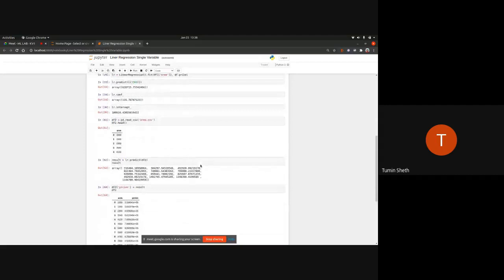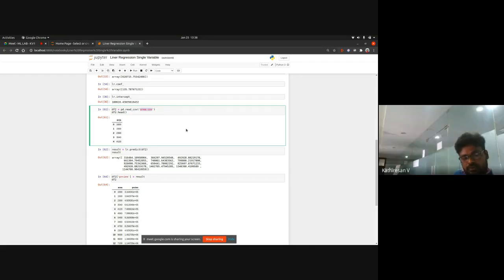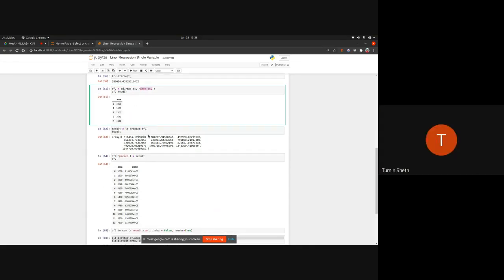Then you have the intercept right here. Then there is this area.csv file which has the list of areas I want to predict the price of. I'm giving that to predict, and then you have the answer here.